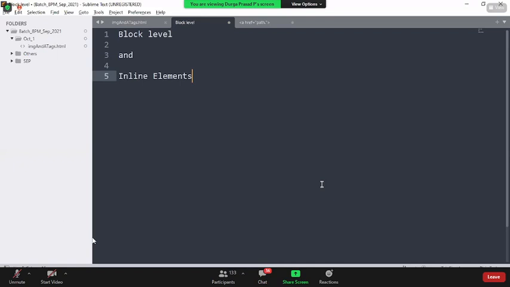Okay. So we are talking about the block level and inline. We need to understand which elements belong to the block level category and which belong to the inline category. Let us see, when I say an element belongs to block level, what properties it is going to have, and when I say an element is inline, what properties it is going to have. If you understand these two differences, then for any element, when you say the anchor tag is rendering this way, you can simply say whether it is inline or block level.